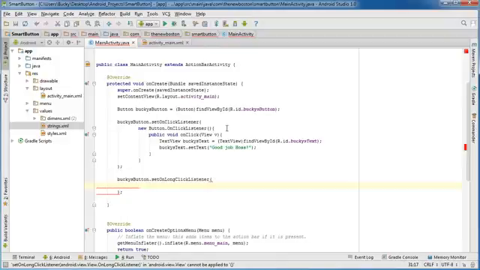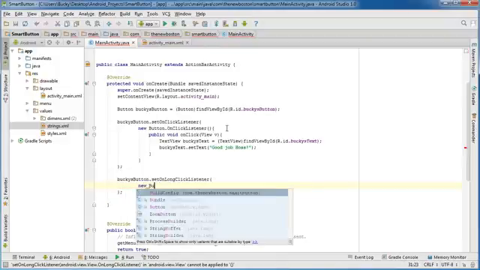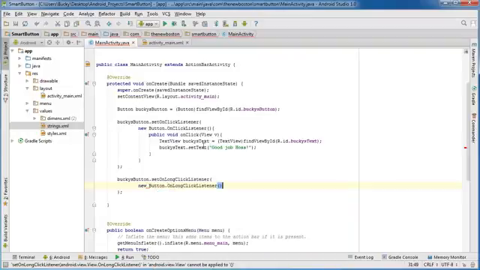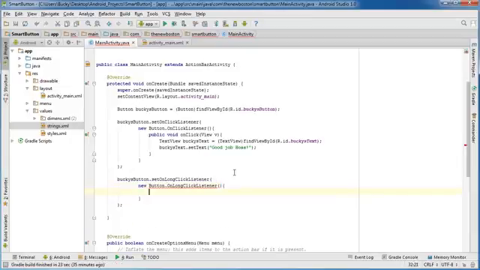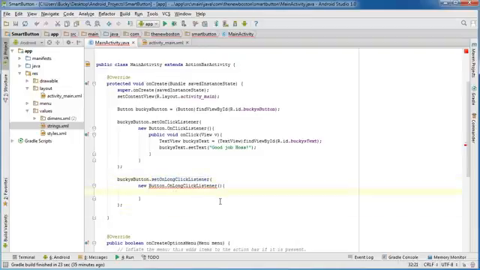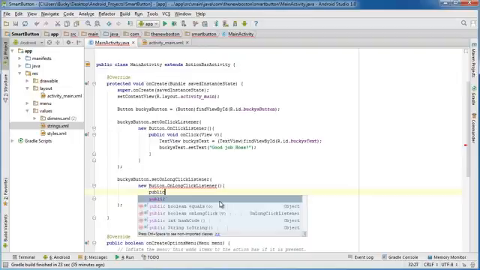Now for this, what we need to do is we need to make a new interface button. Again, this is on a long click listener. It's a little bit different than this one, so make sure that you don't get confused. Actually, if you ever get an error after you're done typing all your code, it's probably because you got on click listener and on long click listener mixed up. Whenever they're autofilling, they sometimes get confused. But anyways, just like before, public